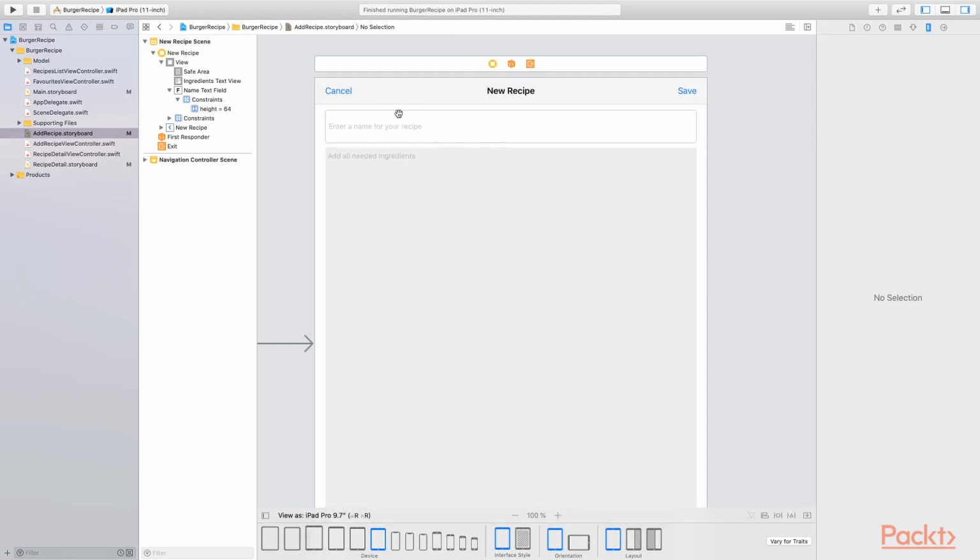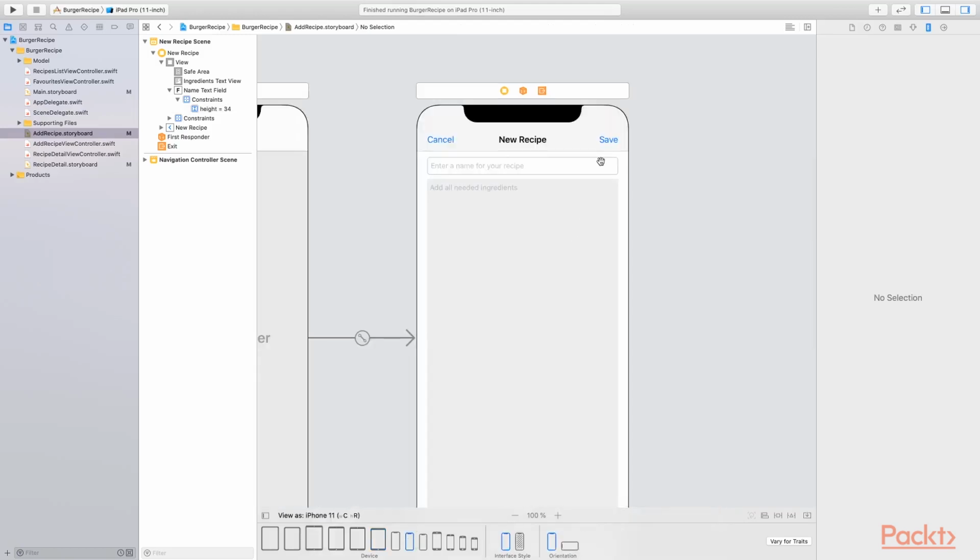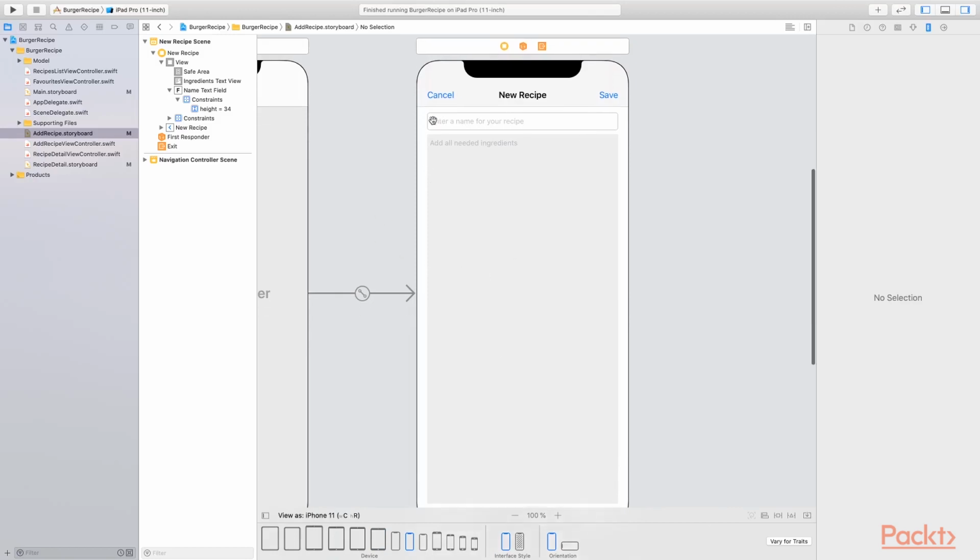Notice that the text field is now much bigger. If we switch back to the iPhone, we will get the smaller text field again. This is changing because of the size class. So now all our views are perfectly laid out with auto layout,